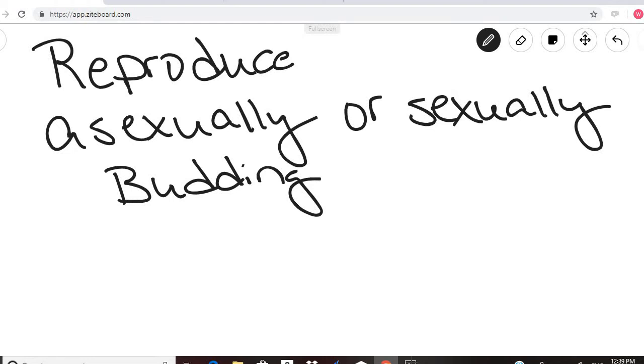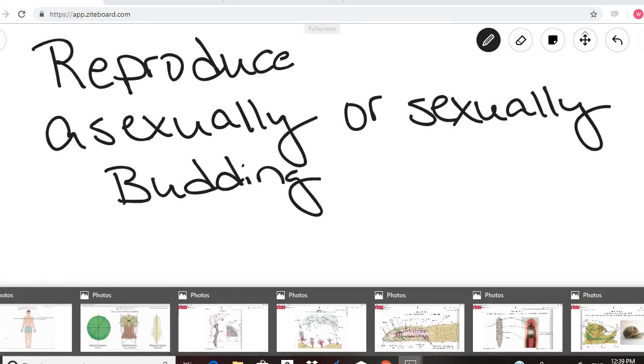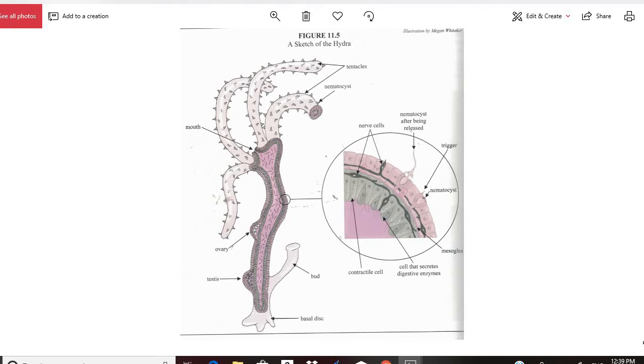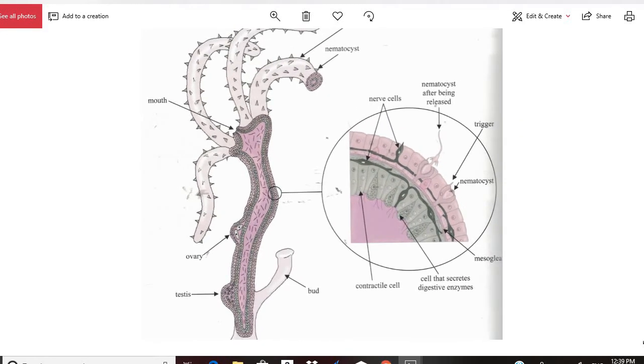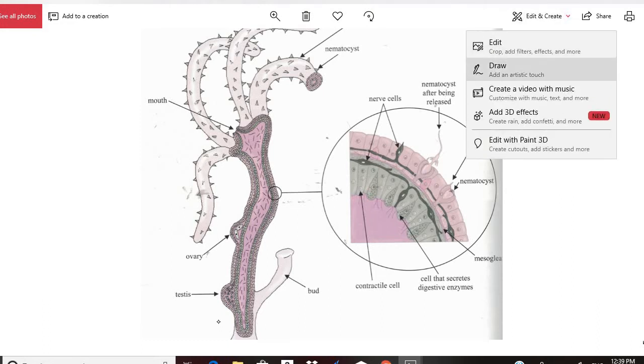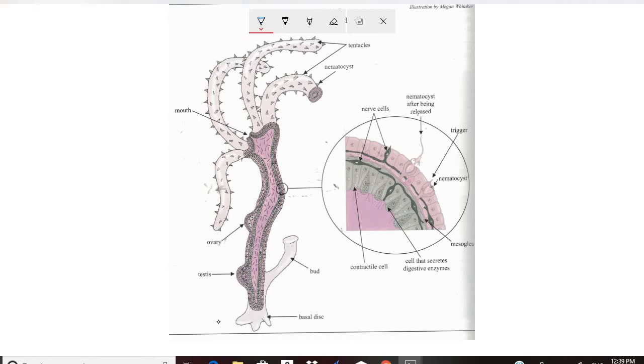So with the case of a jellyfish, you'll get this little pouch forming, and then it'll bud, and then it'll grow to the point that it will break off from the parent organism. So here is a member of phylum Cnidaria that is called a hydra. And what I want you to see on this hydra down here is that, so here's our hydra, and then a bud can form, and then that bud will grow and it'll eventually break itself off and then become its own hydra. But they can also reproduce